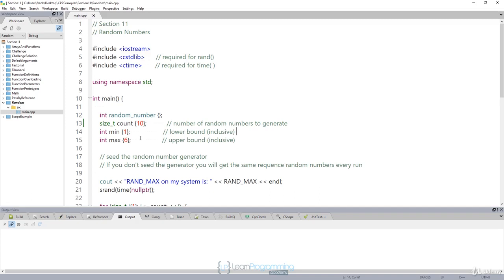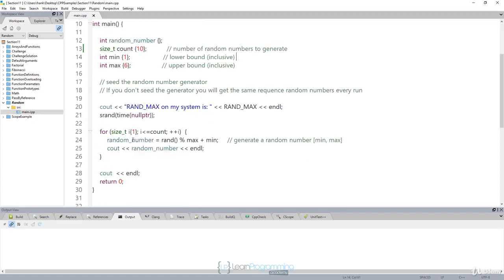This is how you would create that range. I'm just going to create min and max to be 1 and 6. You can modify those to whatever you like to create whatever range you need. Okay. Now, the rand function, if you look at it in the documentation, says that it returns a